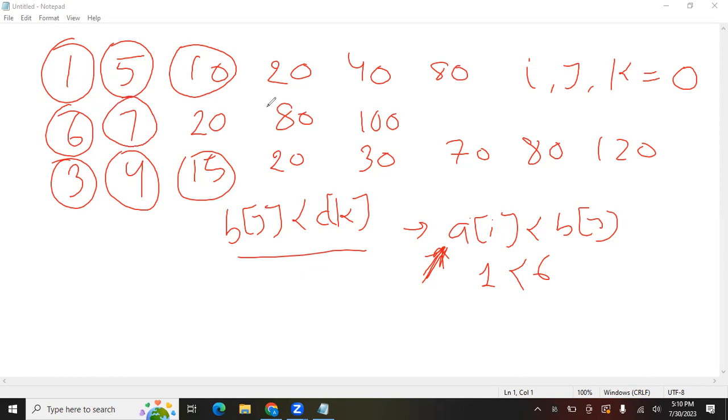Again we are going to check. No, it is not equal. Again we check this condition. Is ai less than bj? No, it is not. Is bj less than ck? Yes, it is. So we are going to increase our j. After that, again we check, are all three equal? No, it is not. So in the last step, what we will do,